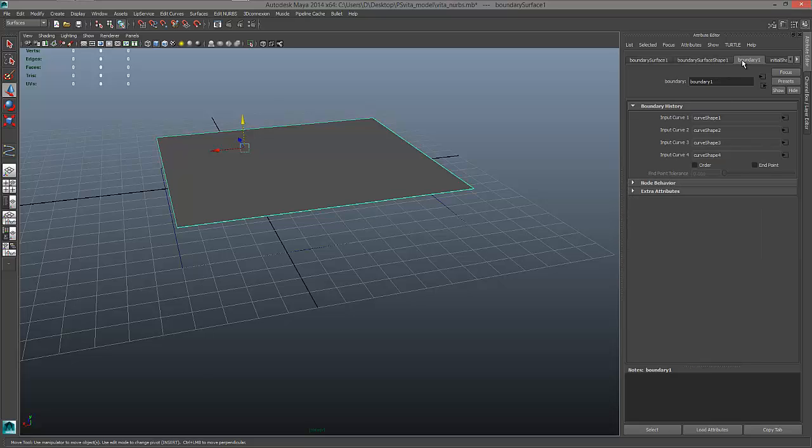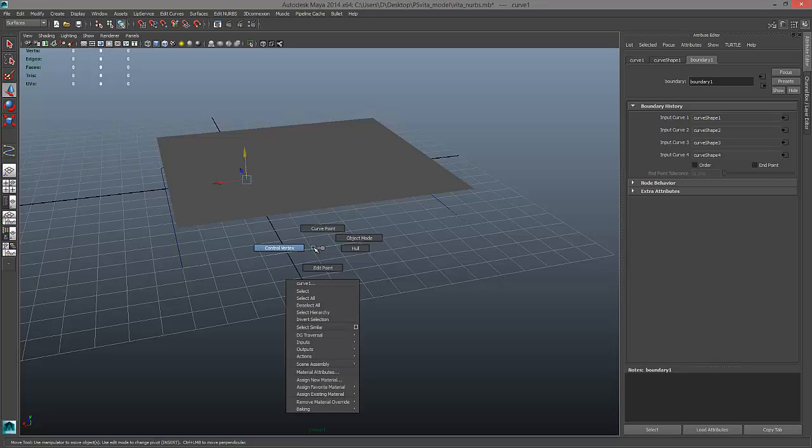And there's my boundary that's in there. And you can see that these points are all in there. So you can see curve shape 1, 2, 3, and 4 all came together to make this boundary happen. And that's my boundary. Now, the really cool thing is that the boundary, I'm going to right click on this